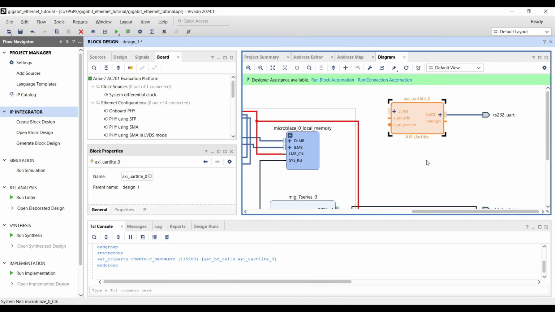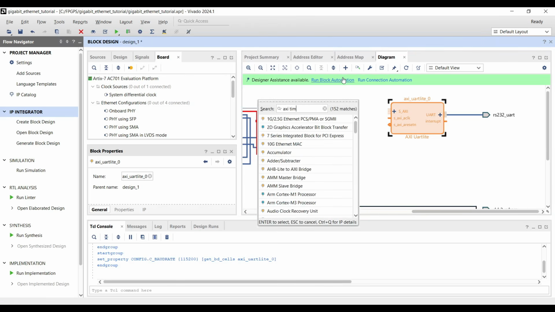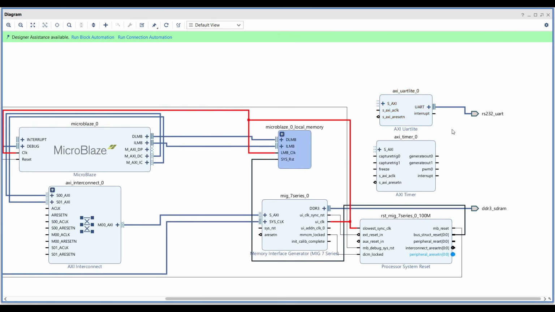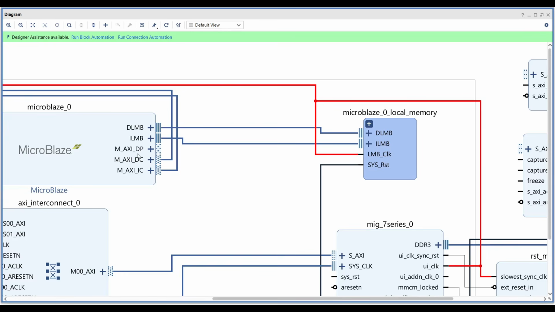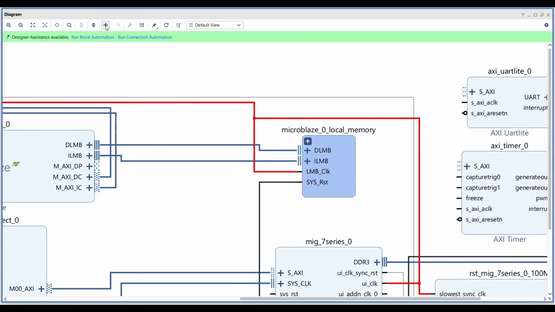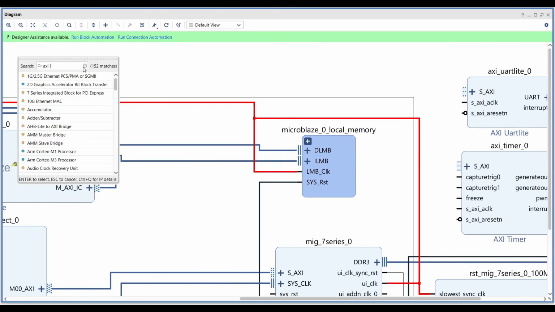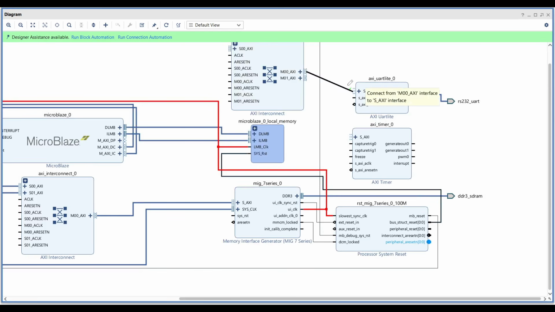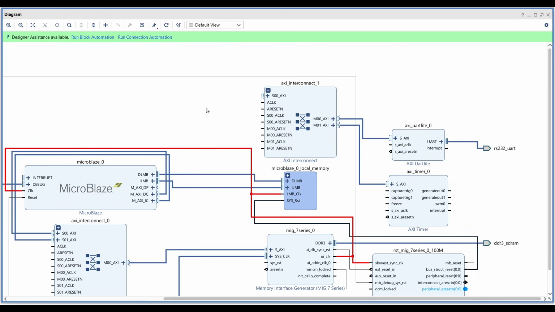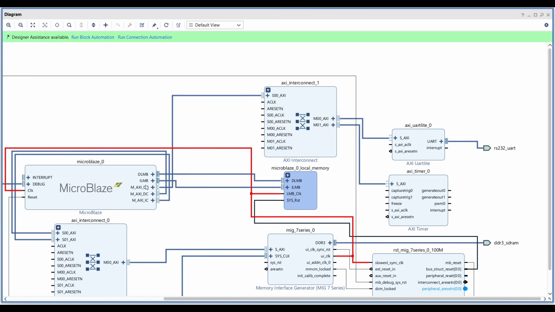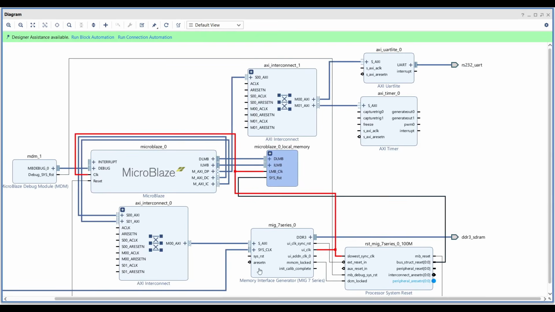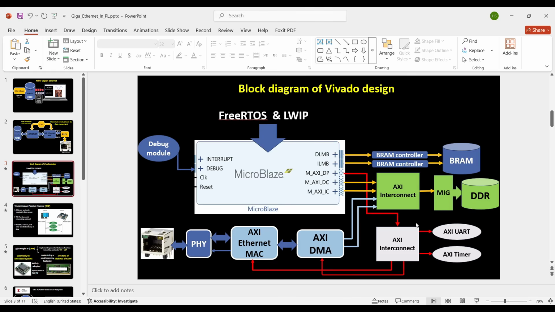Since we are going to run FreeRTOS, we need to have a timer in our design, and I'm going to add the AXI timer to the design. And then we need to connect these two IP cores to the MicroBlaze. And we will use the AXI data peripherals as I mentioned before in the presentation. So I will add another AXI interconnect, and I will use it to connect my peripherals to the AXI data. So we can say that this section to connect the other peripherals to the master AXI data peripherals is also